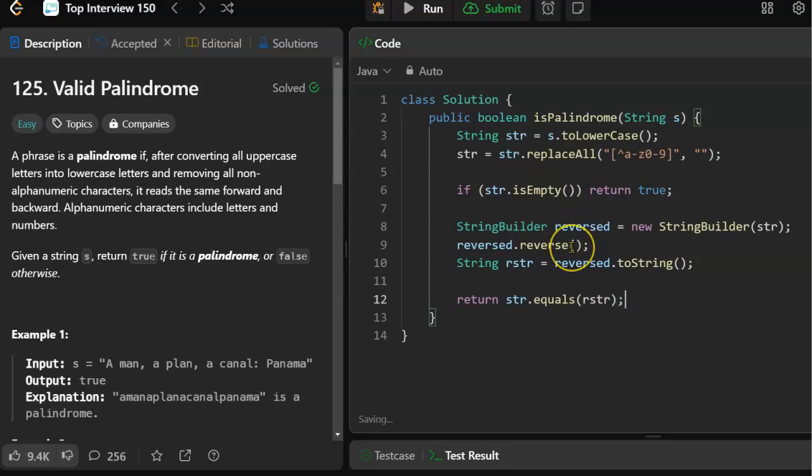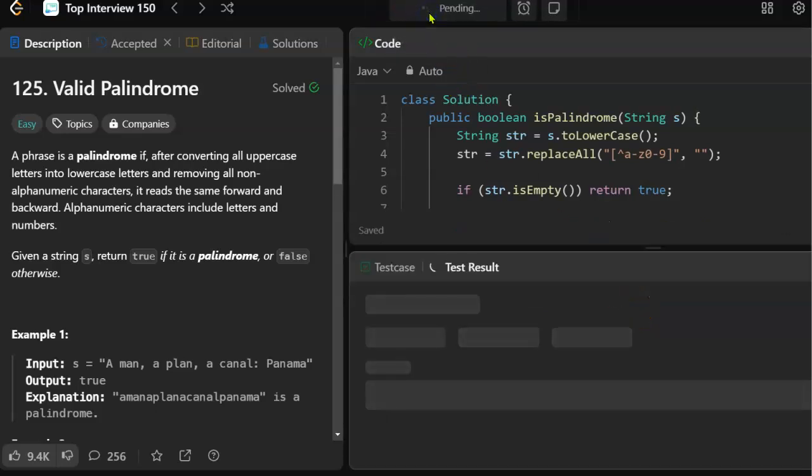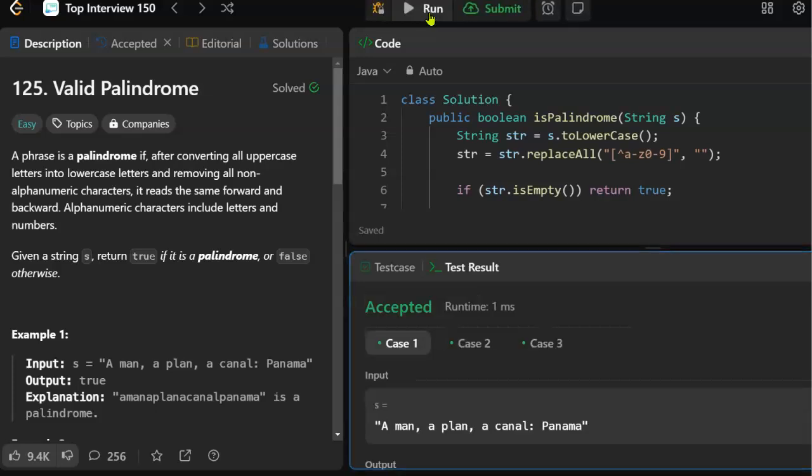All right. So what did we do here? So the string comes in, we convert it to lowercase, take out non-alphanumeric characters. If it's empty, return true. Otherwise, reverse it and compare to the original string. Let's try it, run it. Okay, basic test cases run, submit,